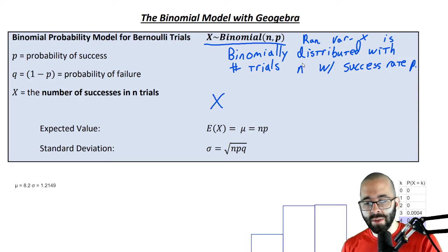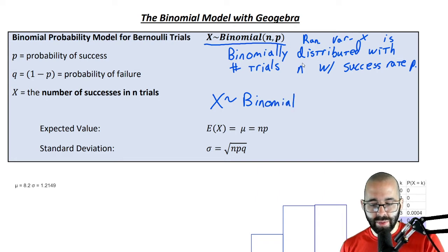So if I write, for example, X is binomially distributed, sometimes we just write B. But if we're looking at Bernoulli, let's be consistent. If we say X is distributed like a binomial,